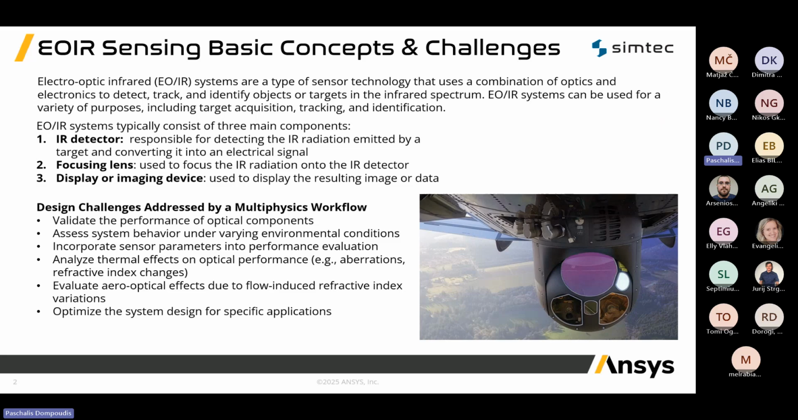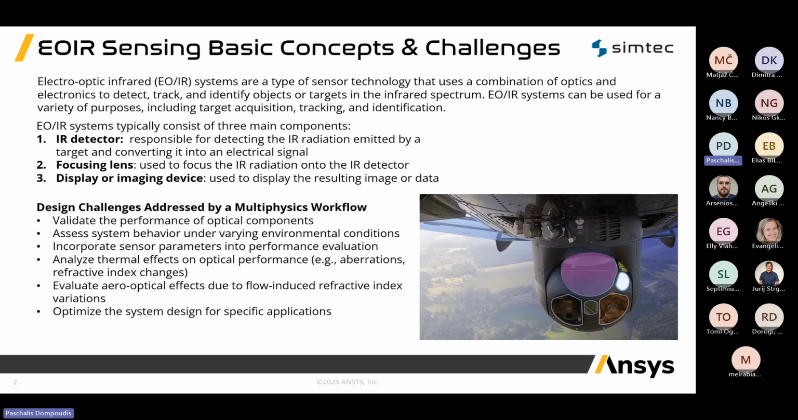To begin, let's quickly cover some basic concepts of what electro-optic infrared sensing is and the challenges involved in designing these systems. Electro-optic infrared systems essentially act as our eyes in the infrared spectrum. So they combine optics and electronics to detect the heat signatures emitted by objects, allowing us to see, track, and identify these objects. They generally consist of three main components: an infrared detector, which captures the infrared radiation, a focusing lens to direct that radiation onto the detector, and finally a display or imaging device to show the resulting image